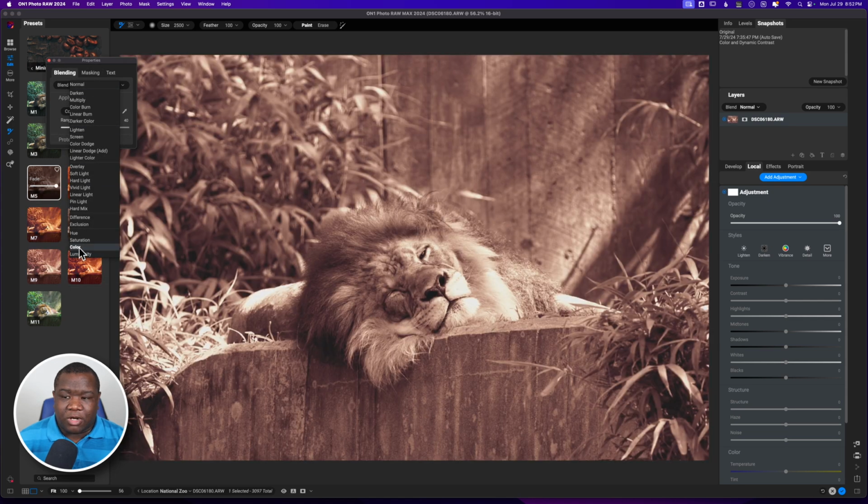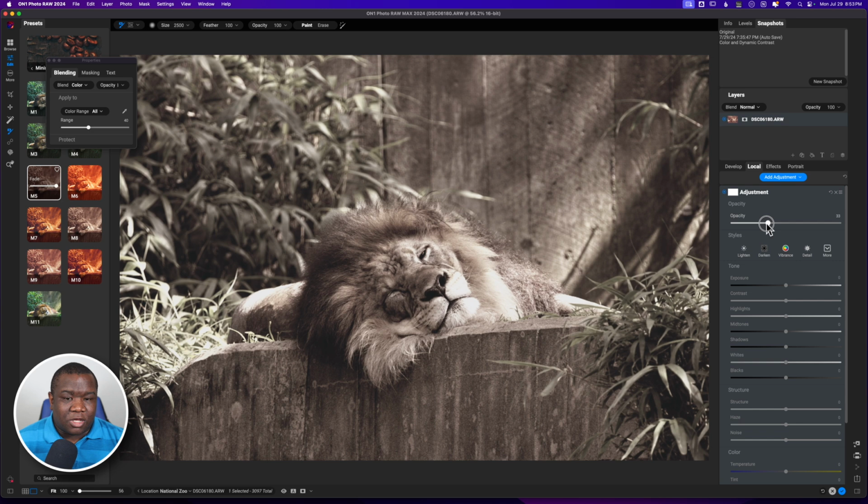So now what I get is a different look. Now I've colored the entire image with this orangish overlay. And if I pull this down, you can see I'm starting to bring back the original color, and I still got back to something that was very similar to what was in the effects module. All right. So if I turn this off and turn it back on, you can see what it's doing to the image. It's very subtle,